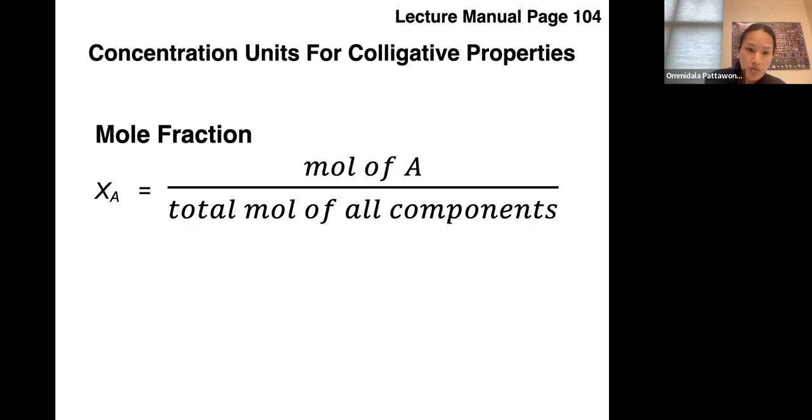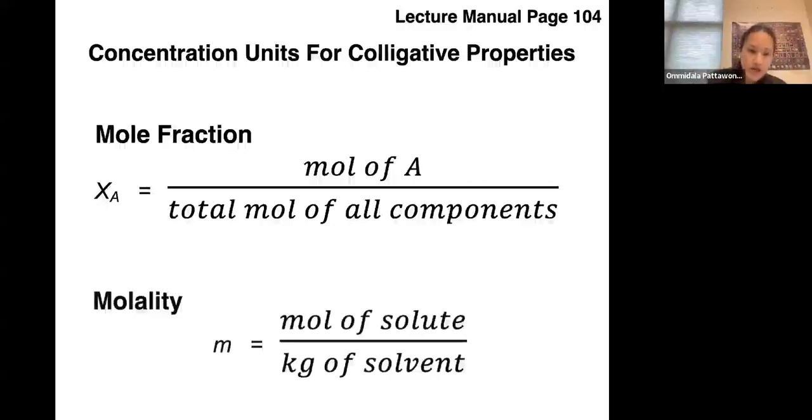So the two units are, first, the mole fraction, which is the moles of a certain substance divided by the total moles of all components. You can use this mole fraction in terms of moles of solvent or moles of solute, and then you divide that by the total moles of all components within the solution. The second unit that we are going to use is molality, or molal. This unit is used instead of molar concentration because it is independent from